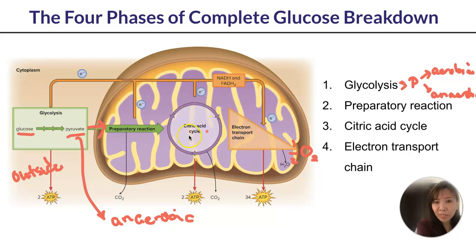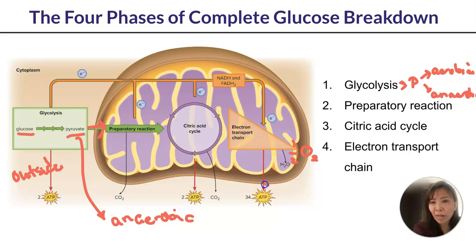So here's where we're going to try and collect some electrons from this molecule that's here. And then the last part is taking it to the electron transport chain. So in the electron transport chain is when we're actually going to really use the electrons to drive what we'll talk about later is known as the proton gradient,